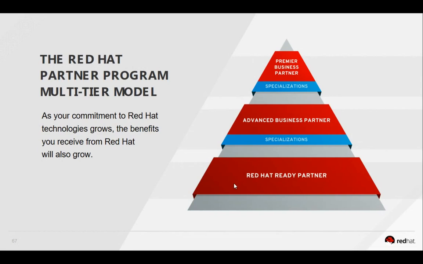The third specialization is the middleware. So if you want to be a middleware centric partner where you would want to work only on the APIs, on BPM, on cloud native development, then you can build your skills on OpenShift, on containers, on the JBoss side of things of Red Hat. So Premier, Advanced, and Ready partnership gives you different levels of discount.